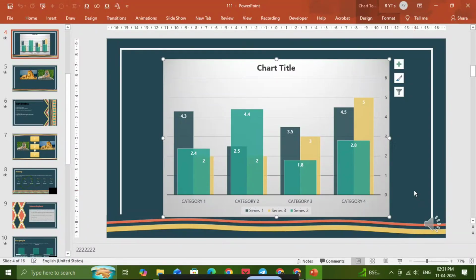If you want to make your PowerPoint presentations look more polished and professional, learning how to animate a chart is a great skill to have. In this tutorial, I'm going to show you exactly how to animate a chart in PowerPoint step by step, so your graph doesn't just appear all at once, but comes in with smooth, engaging motion. This is perfect for presentations, reports, pictures, and any slide where you want to keep your audience focused on the